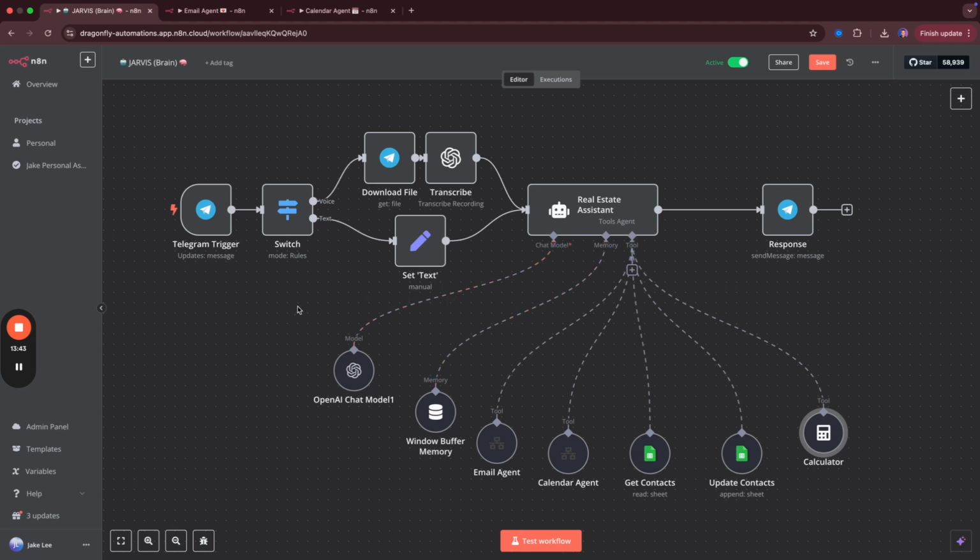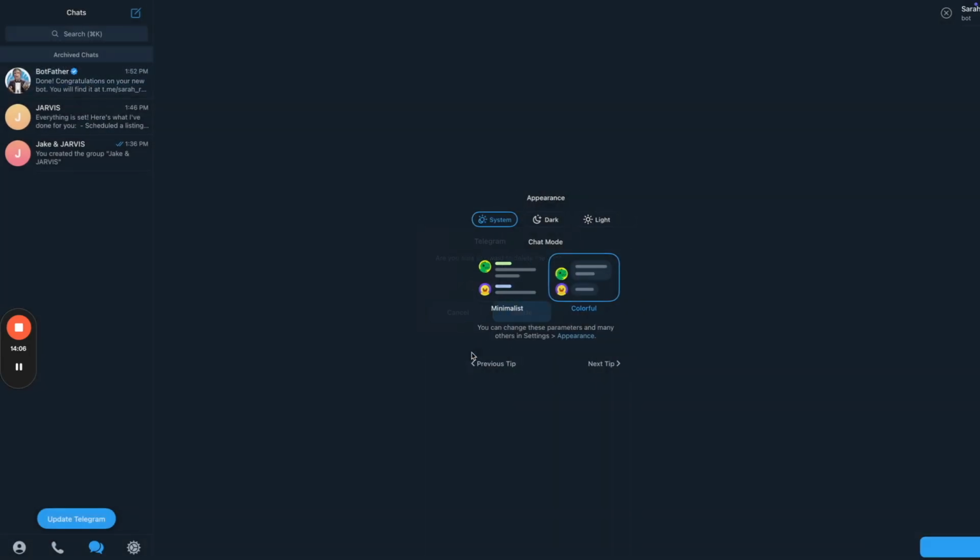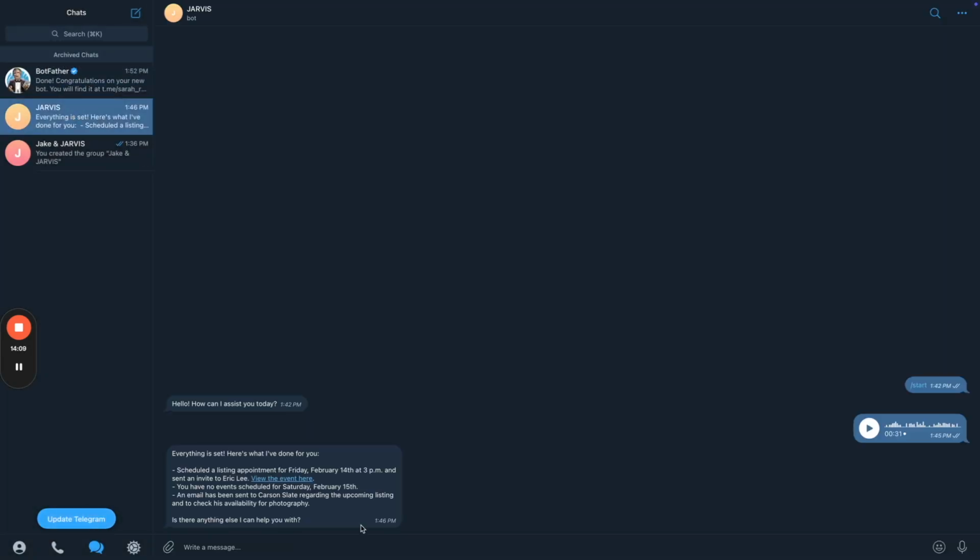So now that we've got that out of the way, a few ways we could customize this, make it a little better. The main thing is adding a few different tools. So right now we've got the email agent, the calendar agent, get contacts and update contacts. So I could message, let's message this other one just to test this. I'm going to delete this. Okay, so I'll say